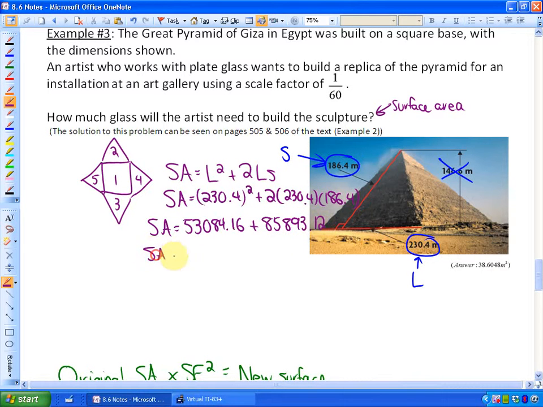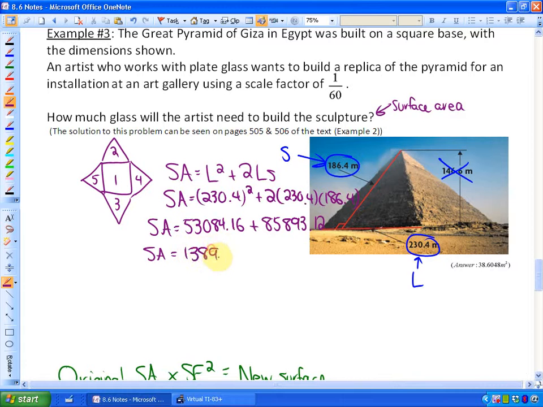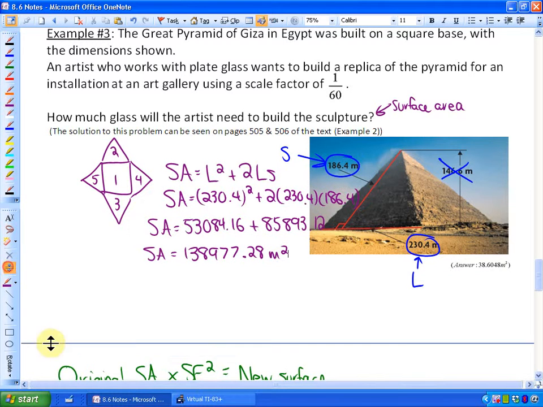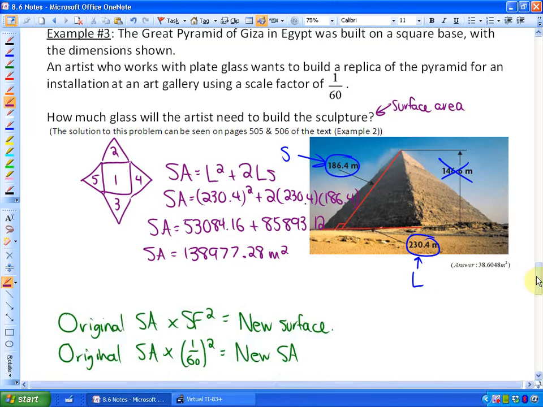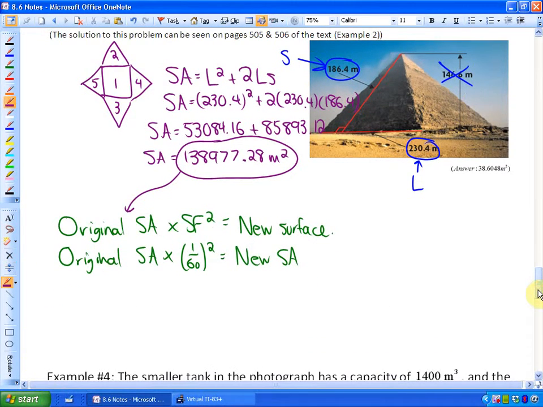And if I add those together, I have 138,977.28. And that would be meters squared. So now what we have, which is really useful, is we have the original surface area. So we know that this original surface area times the scale factor squared, which we also know, equals the new surface area. So all I need to do is calculate what